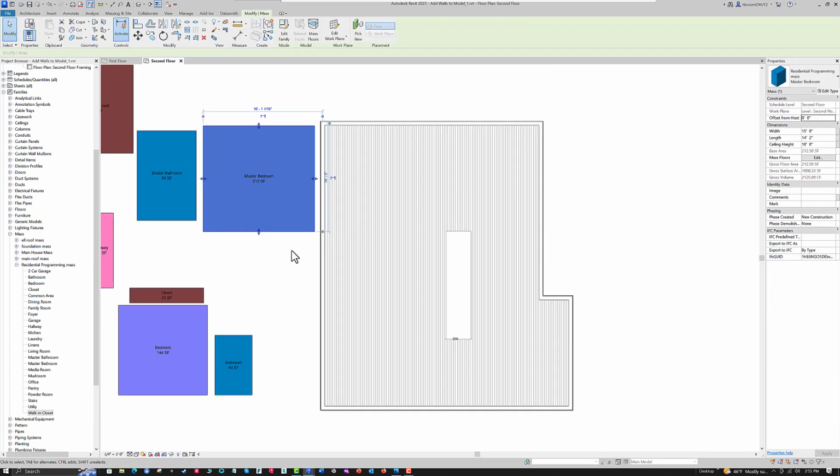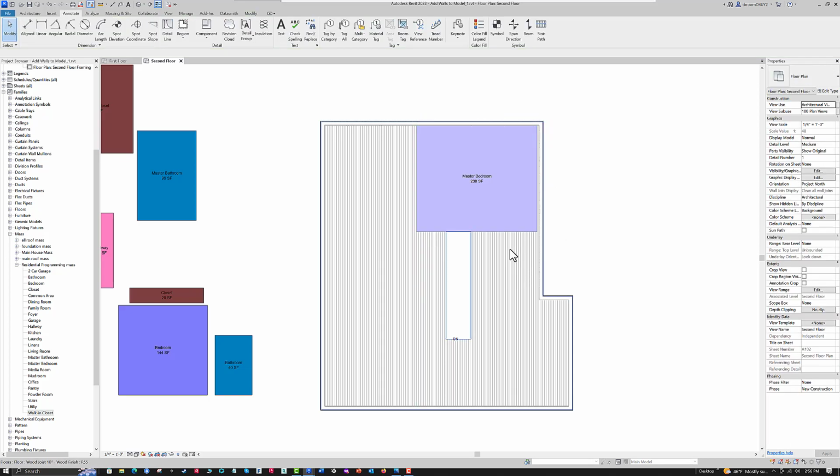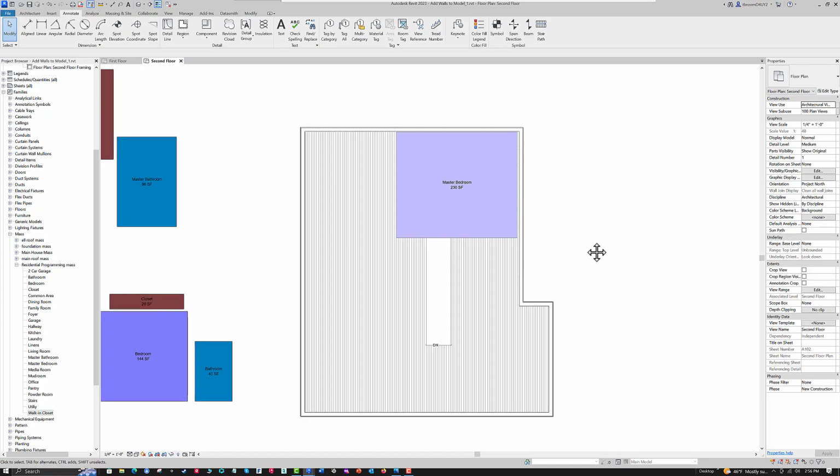I'm going to go ahead and now drag in my master bedroom. Put it right there, and it fits pretty nicely. You can go ahead and change the shapes of these things, of course, just by dragging the grips there. I'll leave that where it is for now. Now this area down here, I want this to be the sitting area, and it's really part of the master bedroom. But what I think I'll do is I'll create a special mass element for the sitting area, and I can do that very easily by